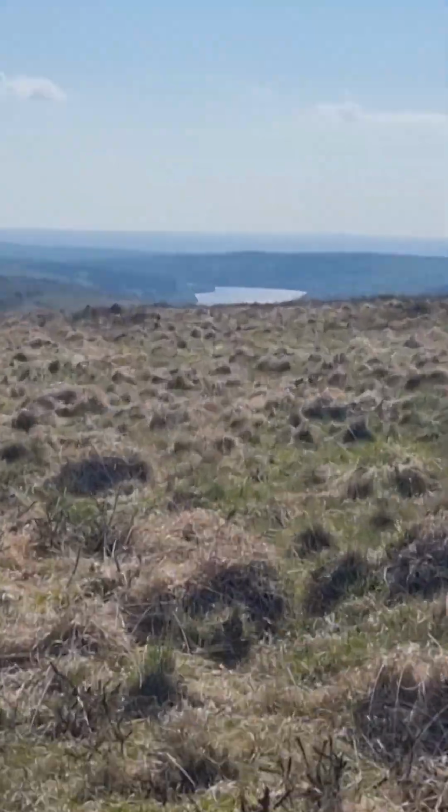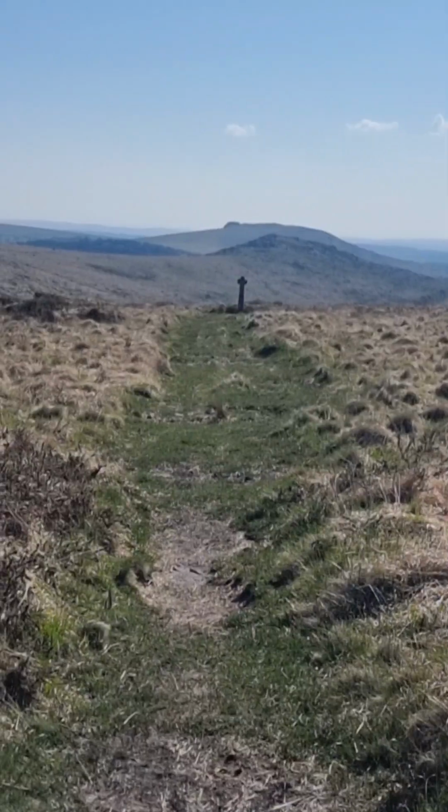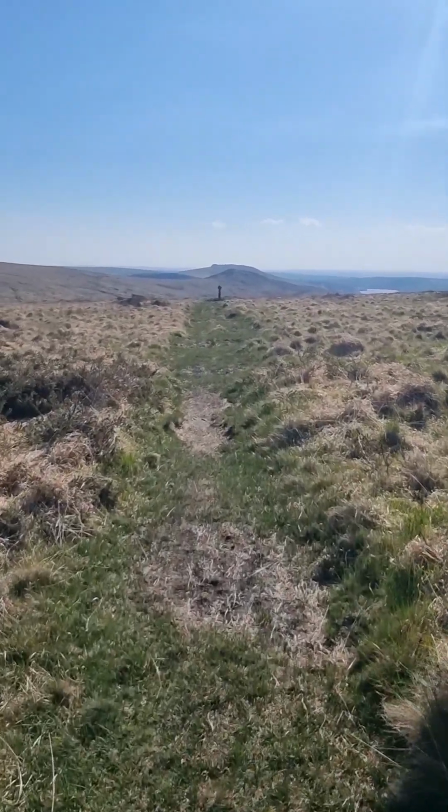There's the reservoir. We're getting closer. Oh, it looks beautiful. I've just found a stone cross. Let's go and take a look. It's a little bit off the trail, but